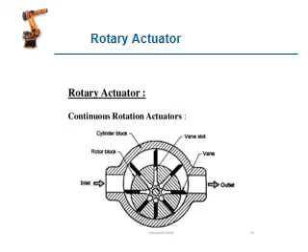Next, this slide shows the rotary actuator. This is another type, a vane type actuator. Here a rotor is available, and that rotor is coupled with the shaft, which gives the rotary motion. So this rotor is rotated inside the casing. How is the rotor rotated? By the high pressurized oil entering into the casing. The outlet oil goes to the reservoir. So the high pressurized oil rotates the rotor.